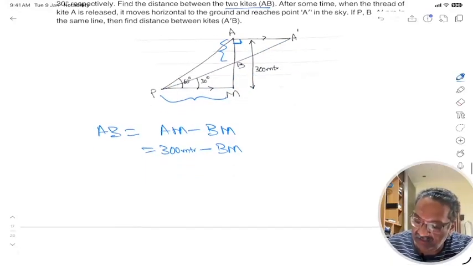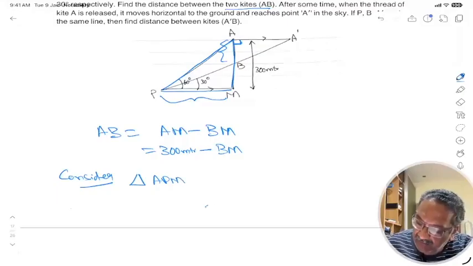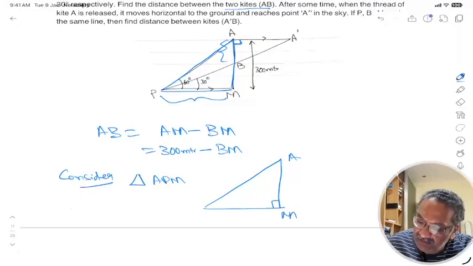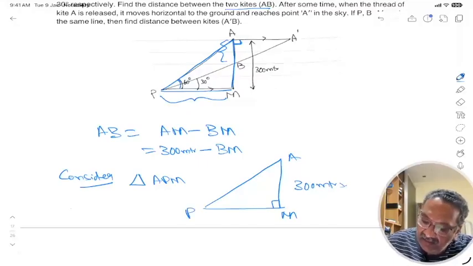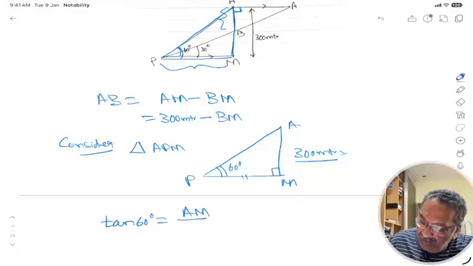To find PM first, what we will do is first consider the bigger triangle, taking what we know. Triangle APM. Right, we have A, see this is 90 degree, AM is given to be 300 meters, and at P, this angle I know as 60 degree. Now I want PM. So opposite to 60 degree is known, adjacent is not known. So we know tan of 60 degree is equal to opposite by adjacent, which is equal to 300 by